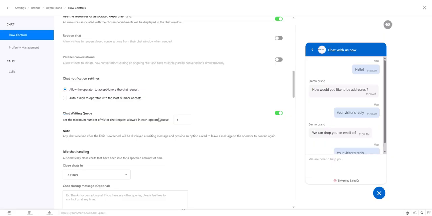So here you can enable or disable it, and you can also add how many visitors you wish to allow for each operator queuing. Okay, you can set it to 1 or 5 depending on your business process. Okay,